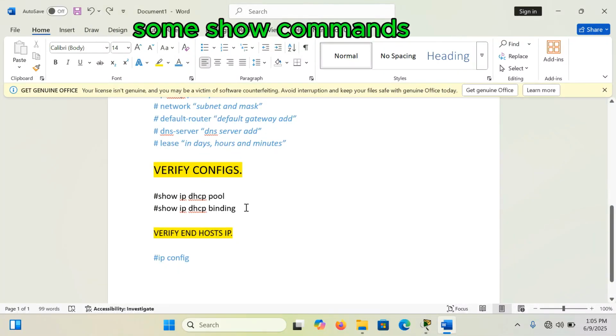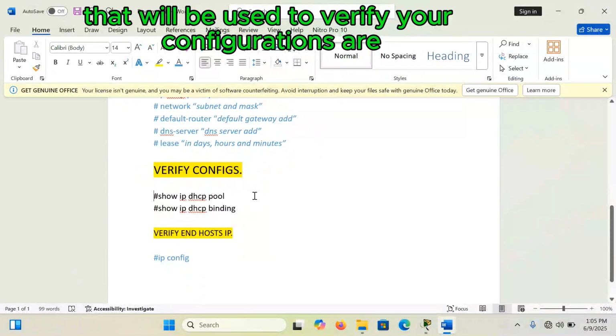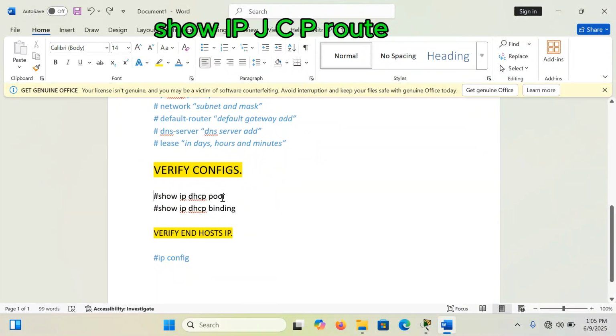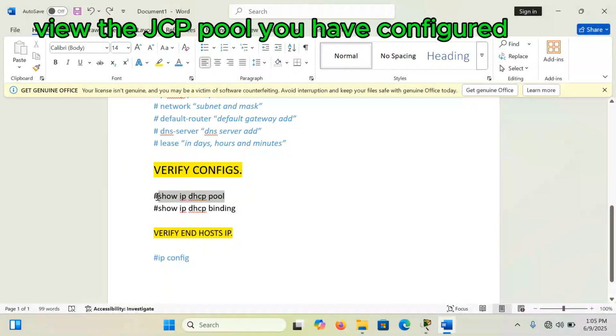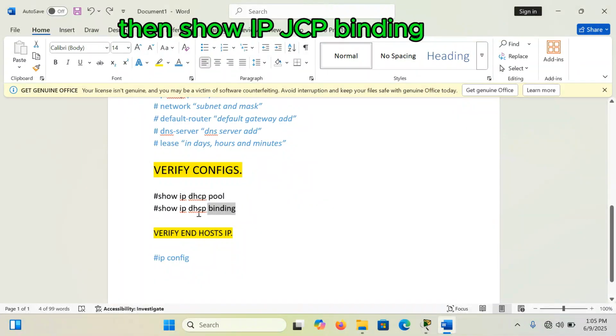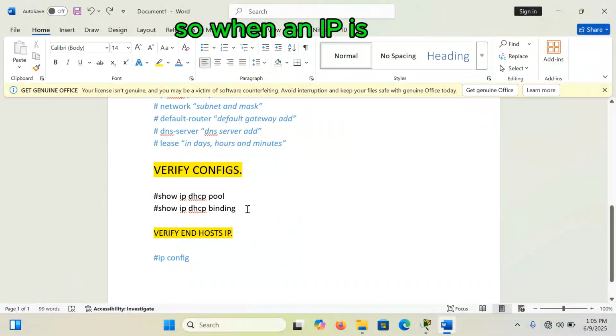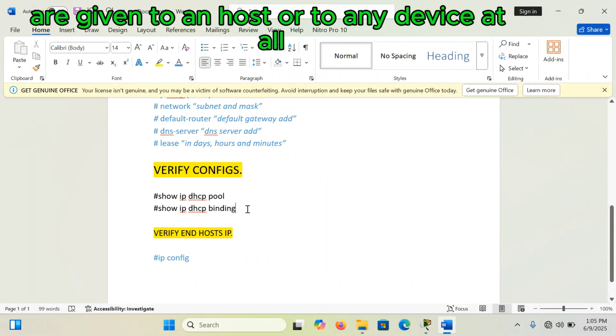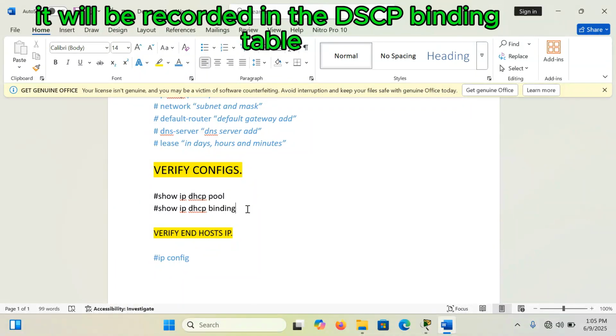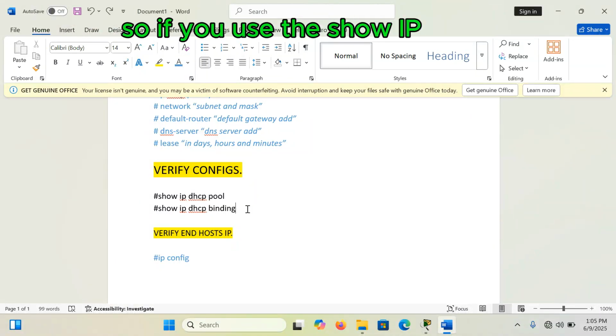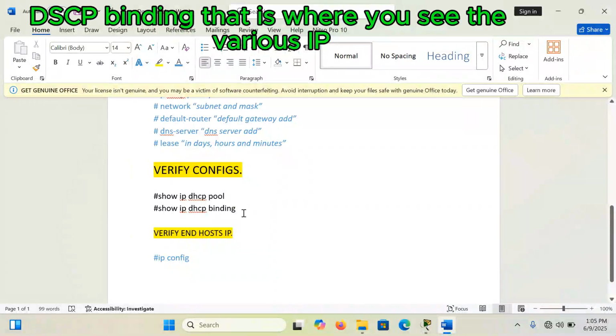So the show commands that will be used to verify your configurations are: show ip dhcp pool, to view the DHCP pool you have configured. Then show ip dhcp binding. This one is used to show the binding table. When IPs are given to an end host or to any device at all, they will be recorded in the DHCP binding table. So if you use show ip dhcp binding, that's where you see the various IPs that have been given